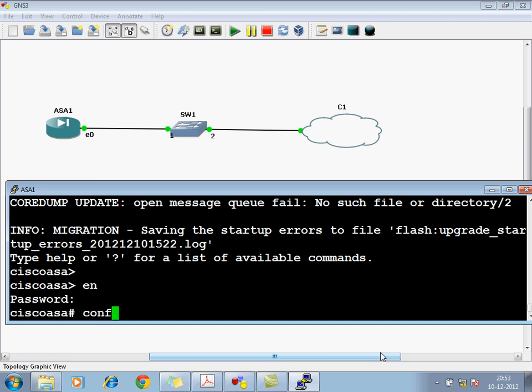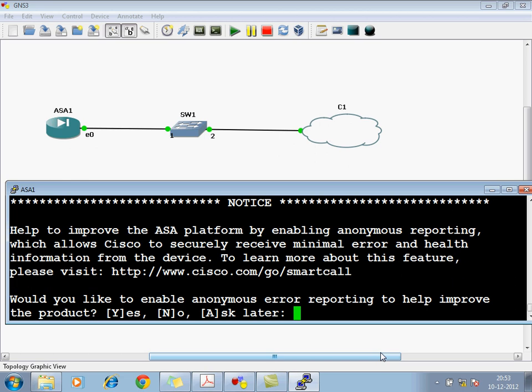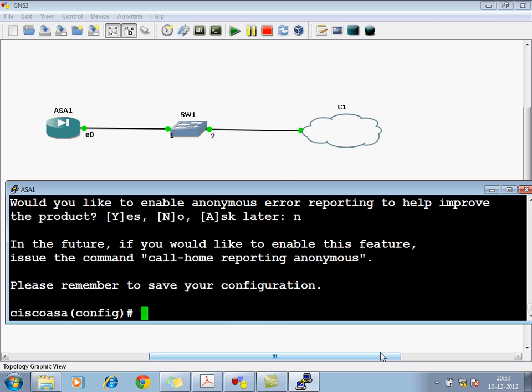First thing, you cannot give config error, you have to give properly config t, and only then it will go. It is asking, can I report this about this product? Because whenever you start the ASA, it will take all your details, your laptop name, your MAC address, everything. So I'll give no.